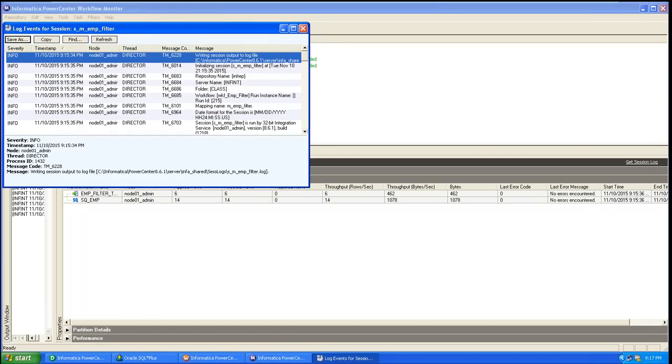Now what does the session log contain generally? It contains every single step, like which connection string it is using, how much data it is fetching from the source, and how data is getting into the target, and if there is any debug or warning errors over there.